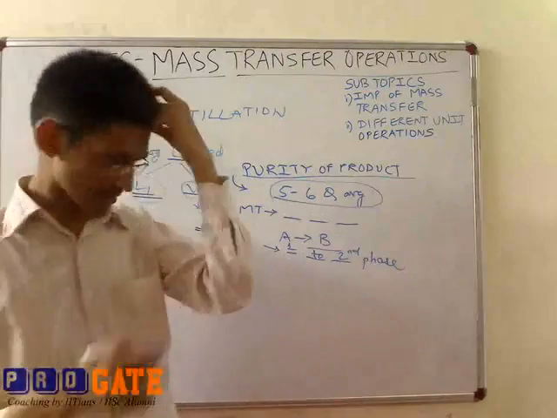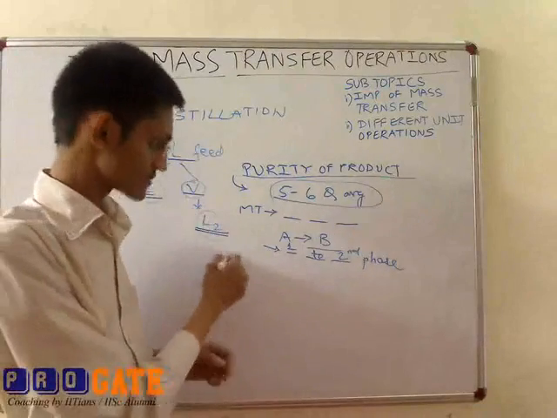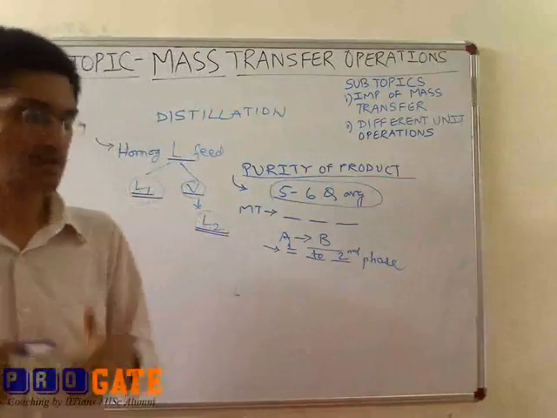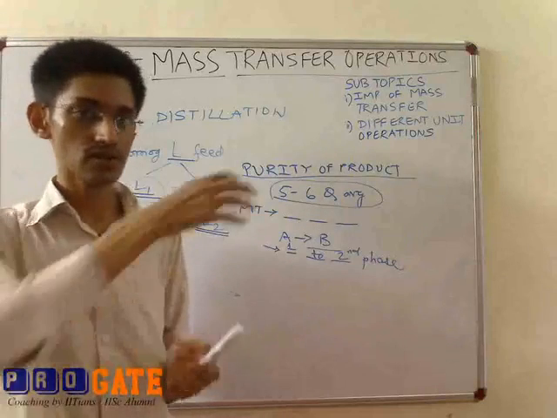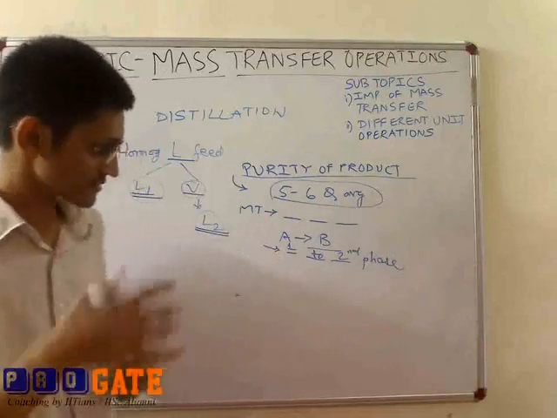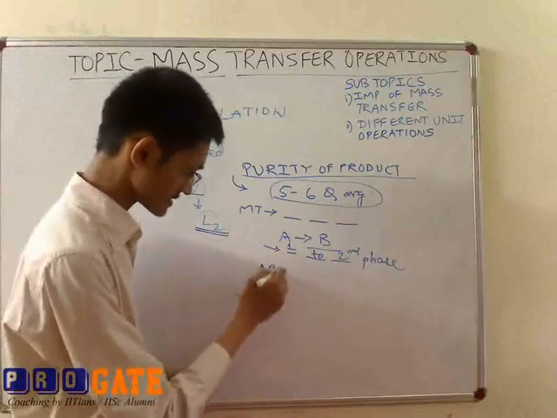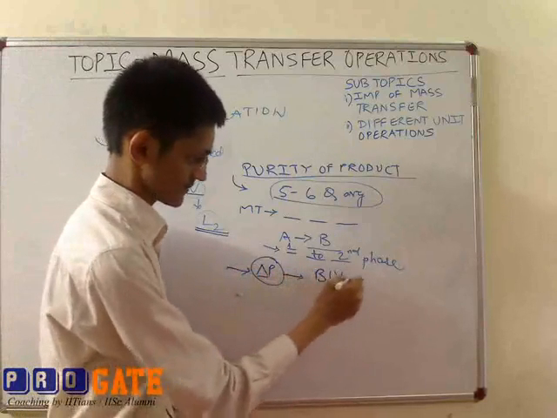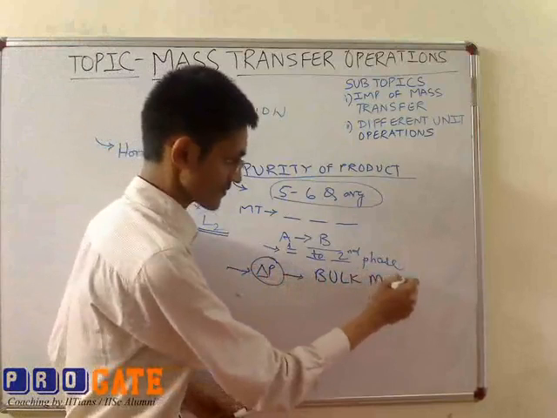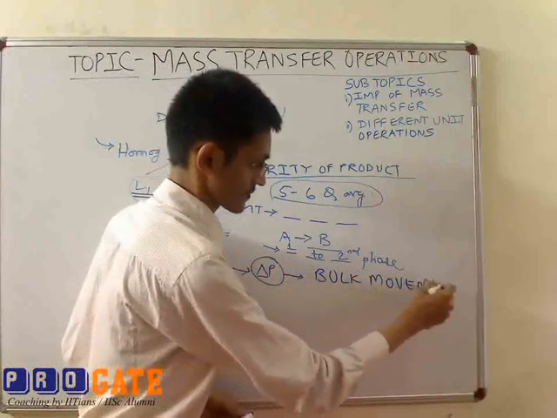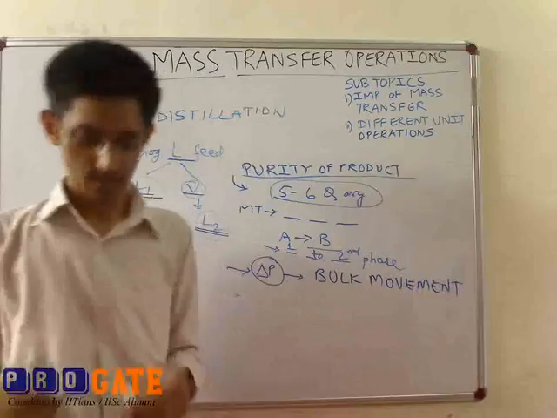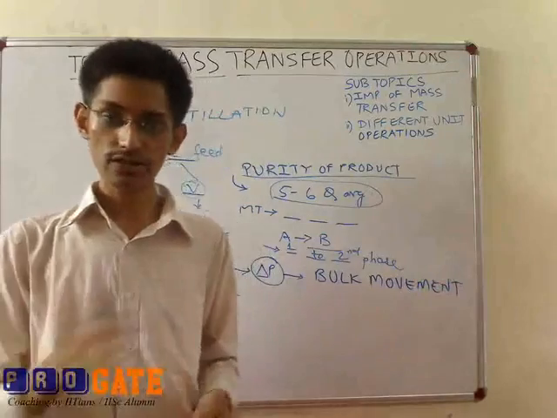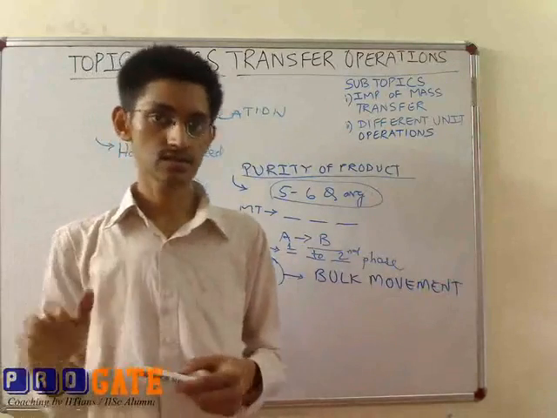So now any transfer involves two types of movement. It may be a bulk movement or it may be a diffusion movement. Bulk movement, as we know, is when water flows through a pipe, it flows because of the delta P, that is the pressure difference. So that is the bulk movement. Whereas the diffusion movement is, if you have a pool of water and air is blowing over the water surface,